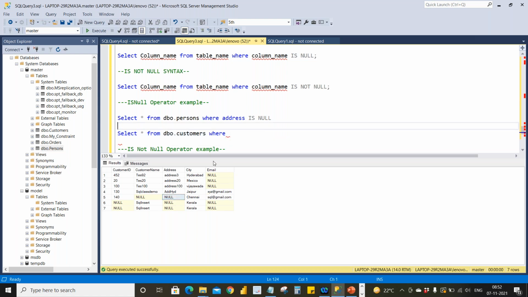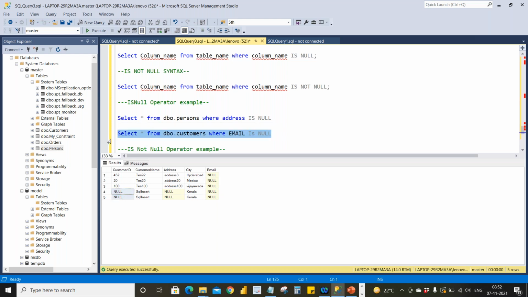If you give WHERE email IS NULL, then we get 1, 2, 3, 4, 5 rows. Sorry, 1, 2, 3, 6, 7 rows. See, you got 1, 2, 3, and 6, 7 rows.